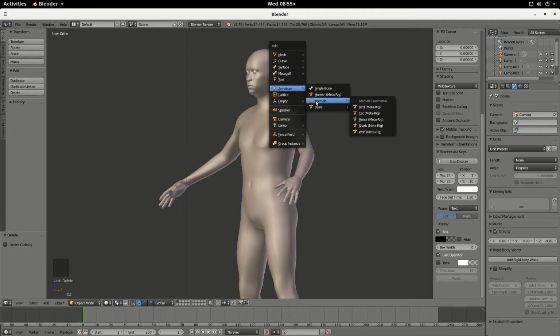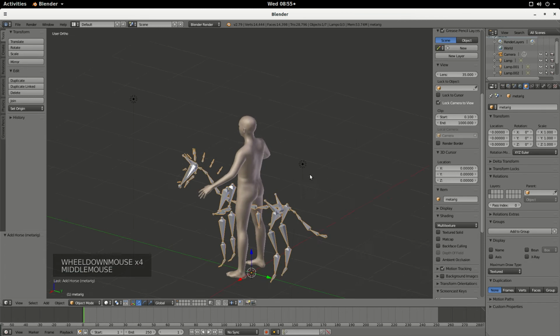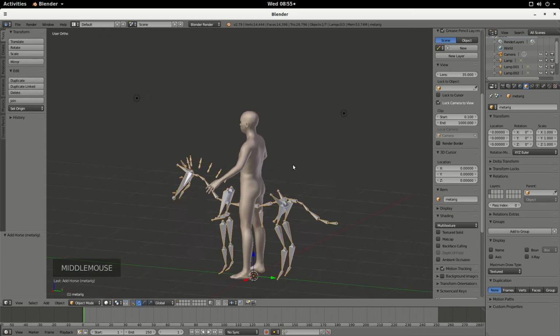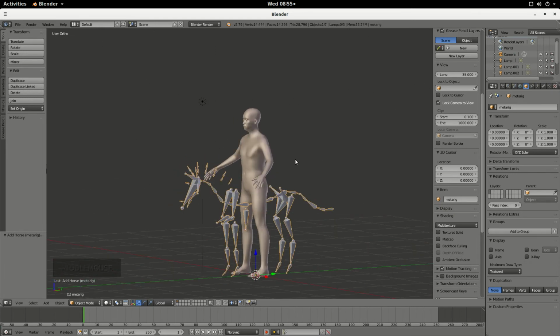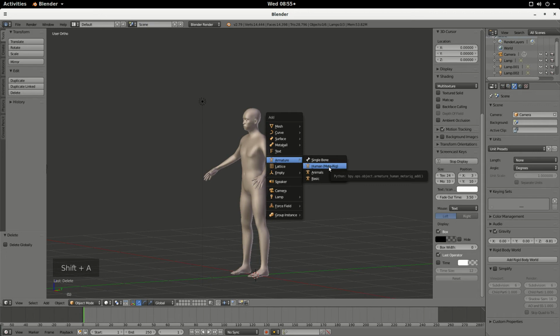Okay. So let me just do that. I haven't seen this before. That's why I'm interested. See, that's a very nice little bone structure for a horse right there. Now definitely this is not going to work for a human, right? Although this looks like this person is riding this horse already. Okay. So what we are going to do instead is we will go with this,